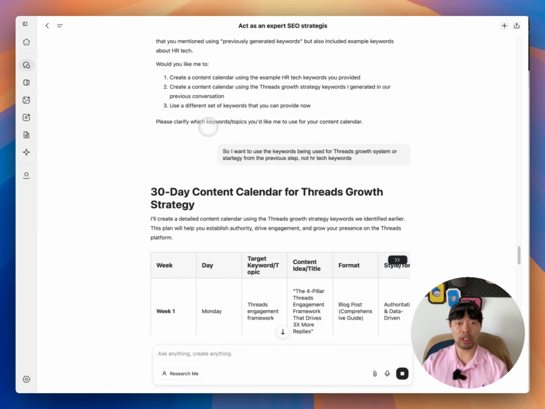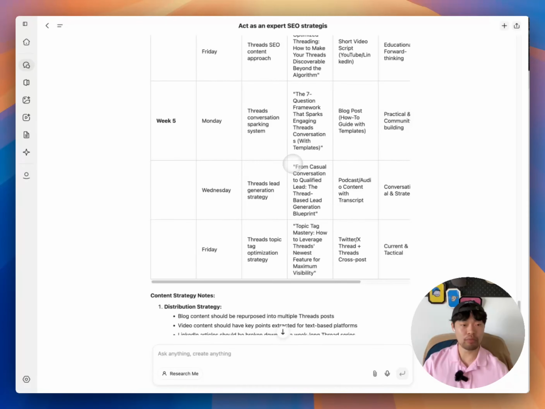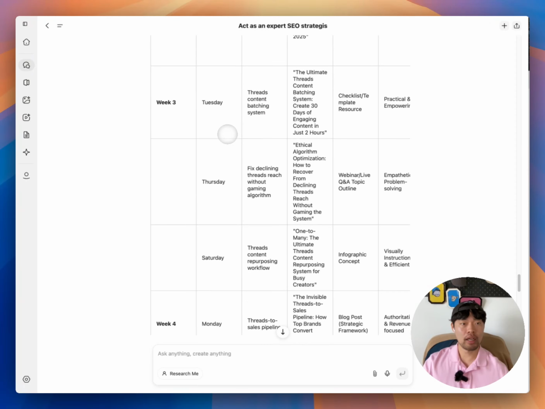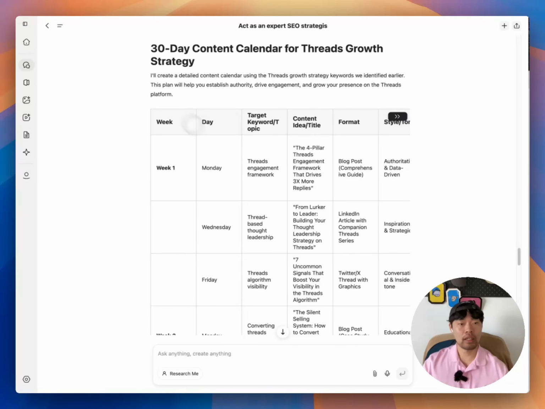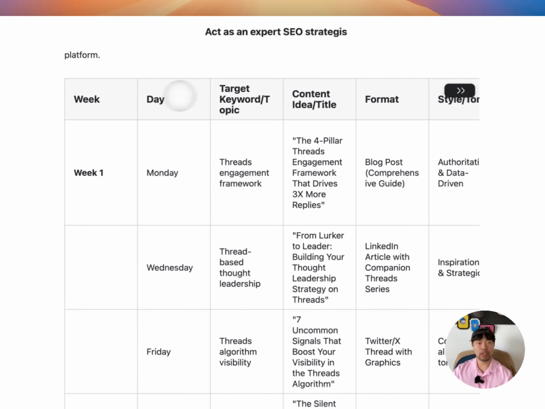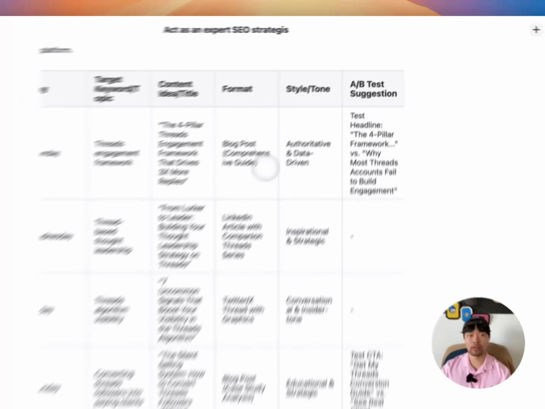Genspark picks up the keywords that we found from the previous step and tries to create a 30-day content calendar. And here, it's still making it, or it's done. If you look at this, it created the target keyword, idea, format, style, tone, and A/B test suggestion as well.